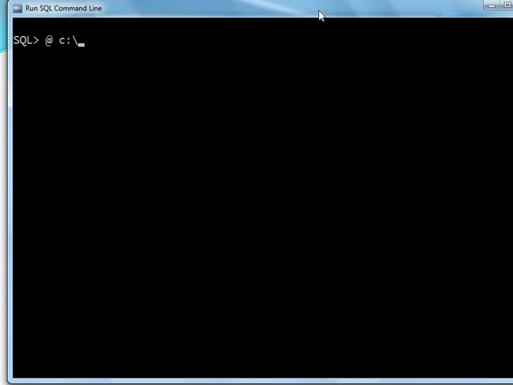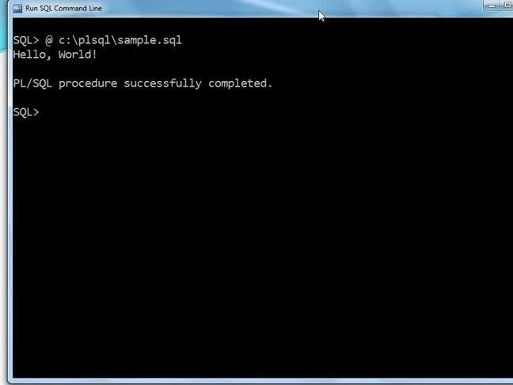What is the folder name? PLSQL is the folder name, /sample is the file name, dot, and the extension is .SQL. So this way I can run this program. When I press enter, it is going to give just one message, hello world.